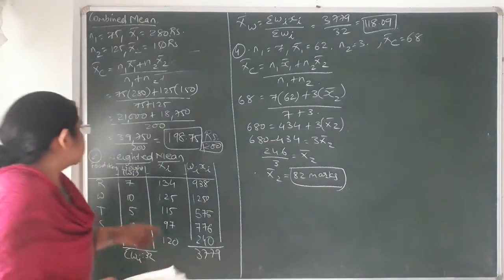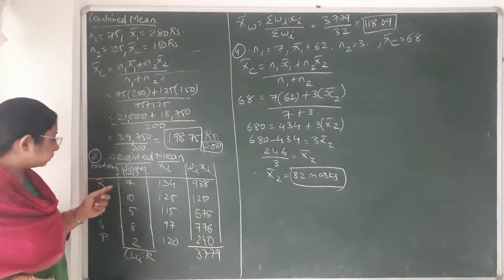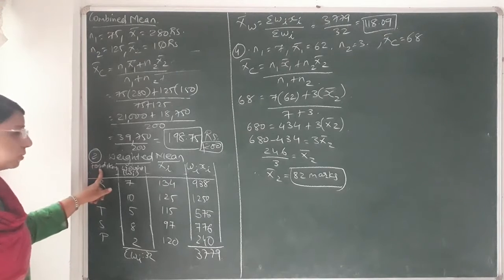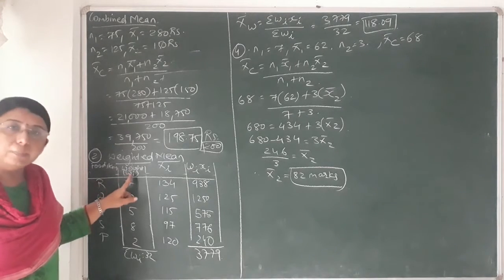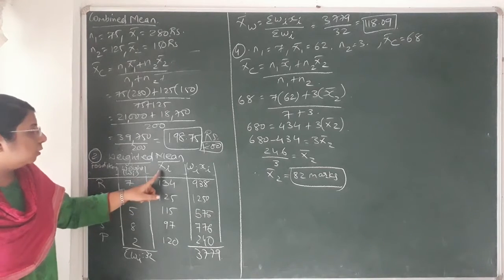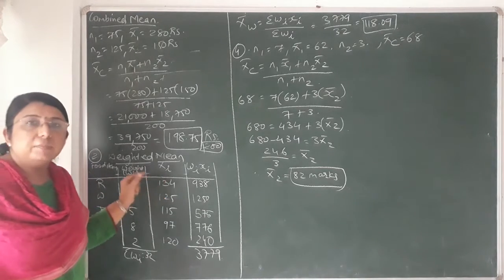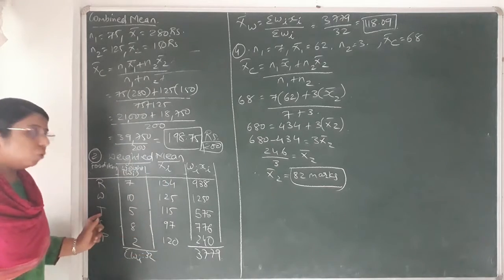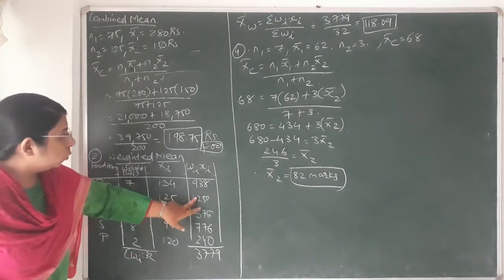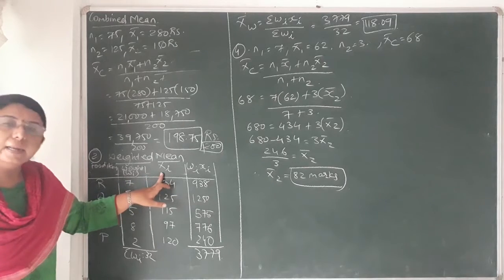Okay, so here you can see I have prepared the table. In the first column I have written food item. Second column I have written weight, that is denoted by Wi, that is given in the question. Third one, that is Xi. Xi means percentage change in price, that is given to you in the question. These 3 columns would be given in the question. Only you have to do the multiplication of Wi and Xi.